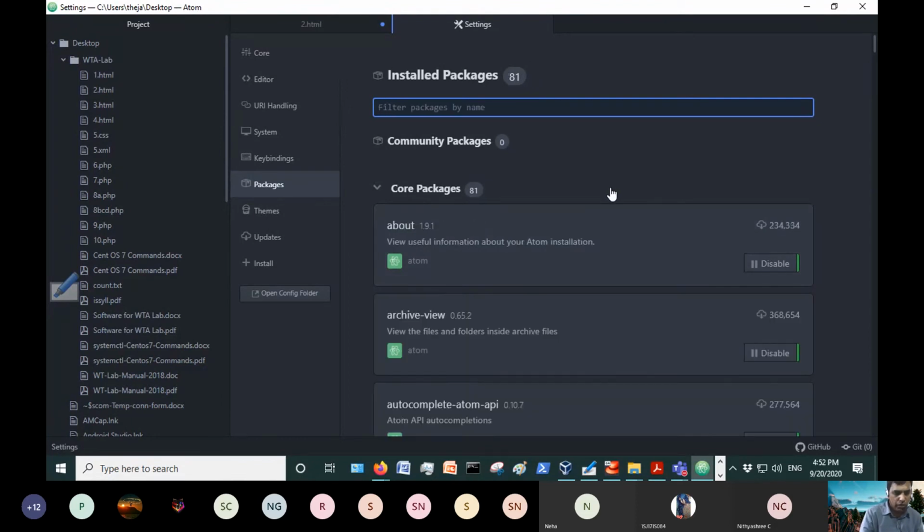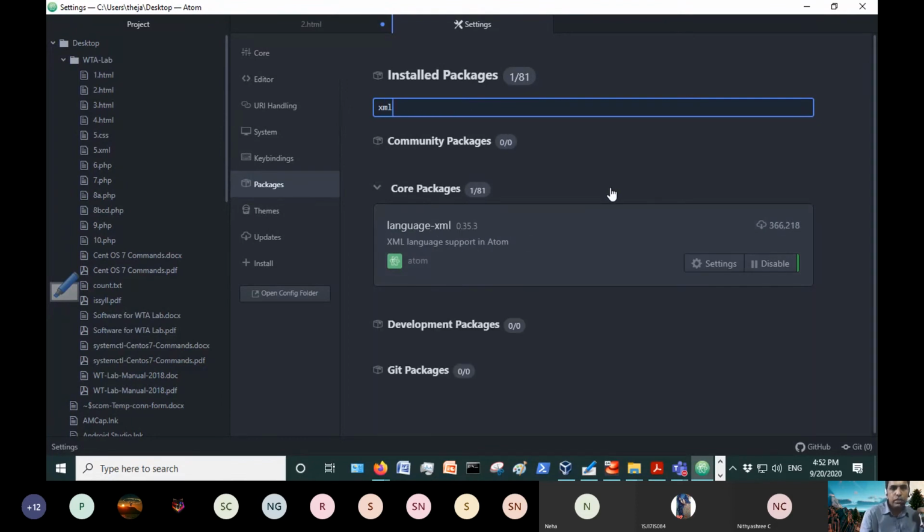Or else if I want to give XML, so language XML is also there. That means all these packages are installed. So if you see in your lab, there is an older version of Atom where these packages, of course, we have installed. Due to some reason, again, Atom is deleted and reinstalled. These packages won't be there because it's an older version of Atom there. Then you need to search it in the install packages, search that and install those packages.